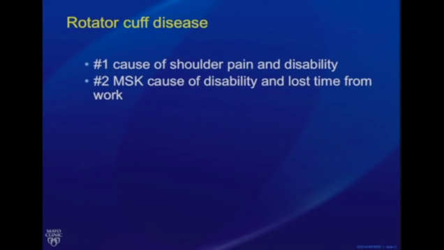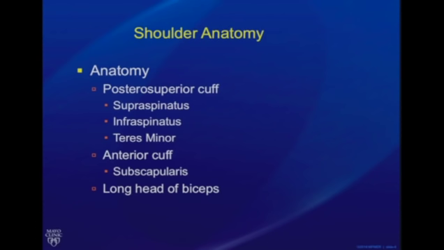So when you look at the rotator cuff disease, it is the number one cause of shoulder pain and disability. And if you look at the gamut of MSK causes for disability and lost time from work, it ranks number 2. Before we look at the abnormal findings of rotator cuff, we will go through the shoulder anatomy in a detailed